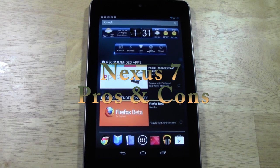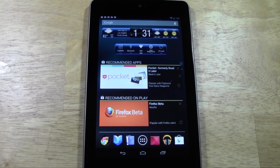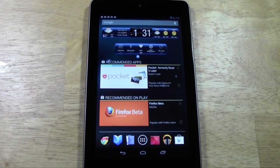Today I'm going to be going over the pros and cons for the Nexus 7, which is the new Google tablet that just came out maybe a little less than a month ago. This tablet was actually manufactured by Asus, and I kind of want to go over just some of the general